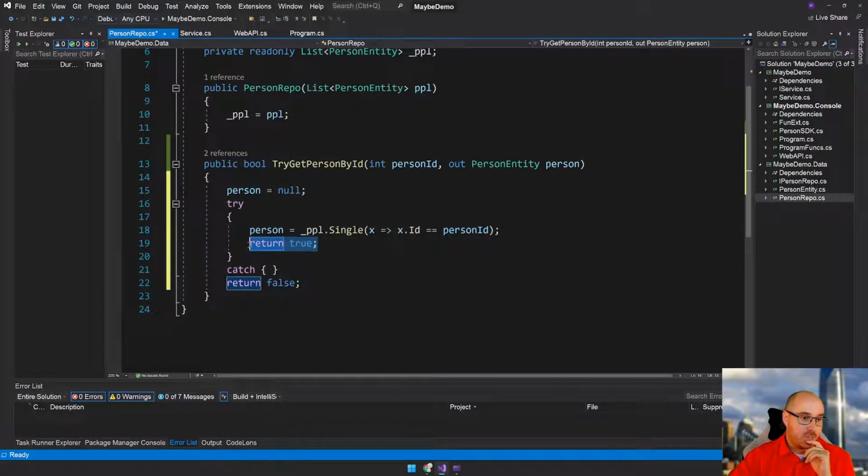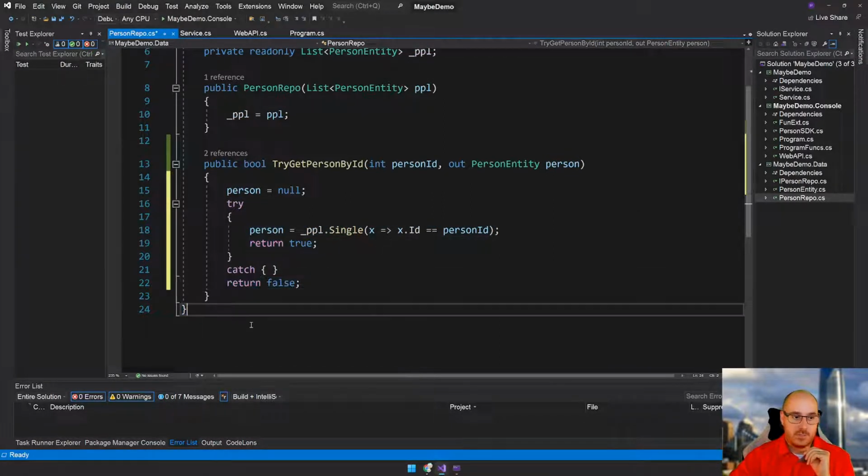If it doesn't throw an exception, it'll propagate down to here. It will return true. But if it tries to hit this, it throws an exception. I don't care about catching at the moment. We'll get into that later. It'll end up returning false. So person will be null because this will end up failing. So it'll never assign back to person, and then it'll return false. So what's going to happen with this is,